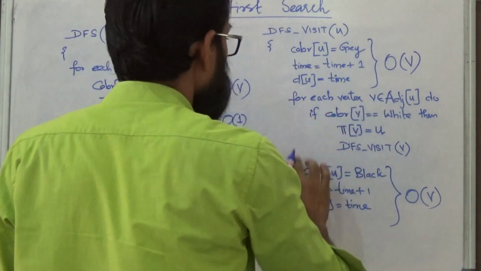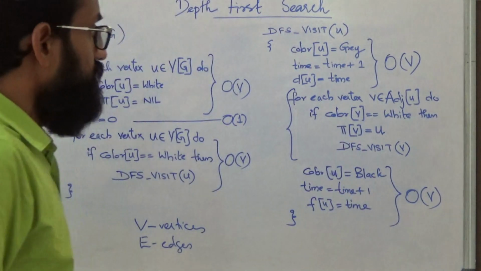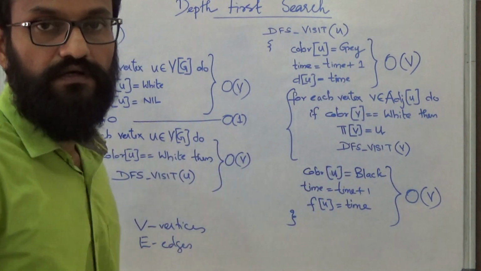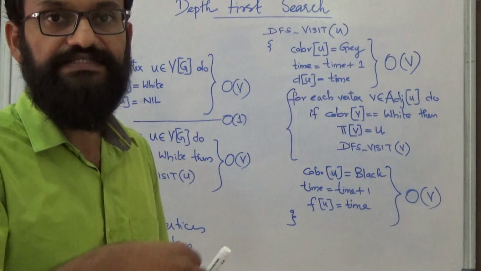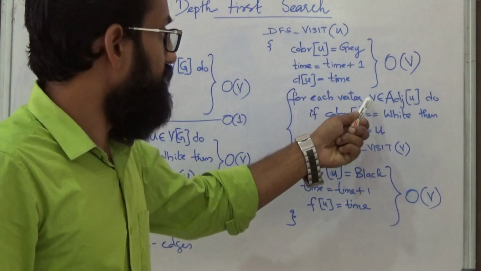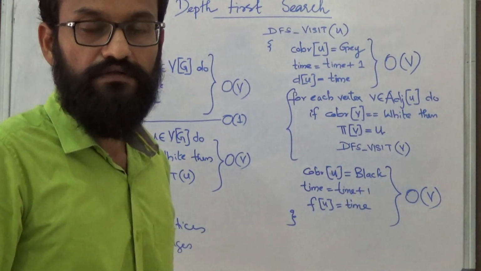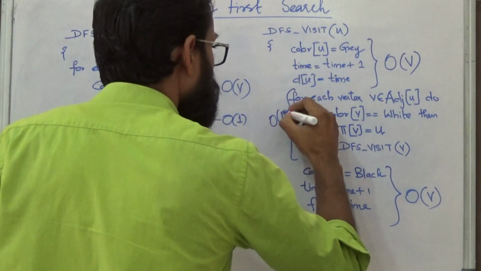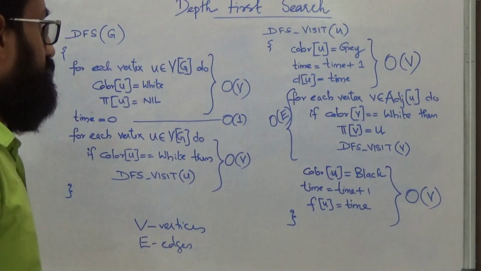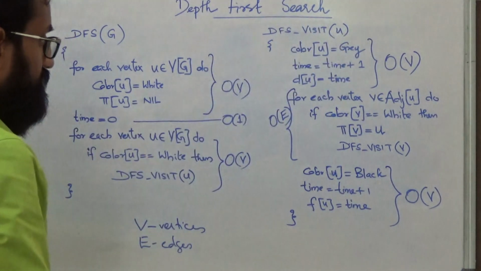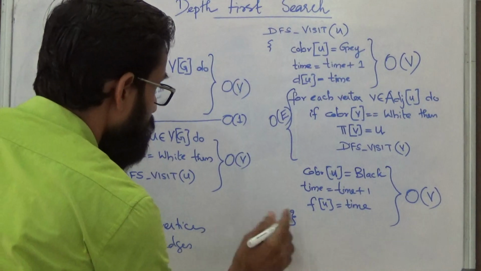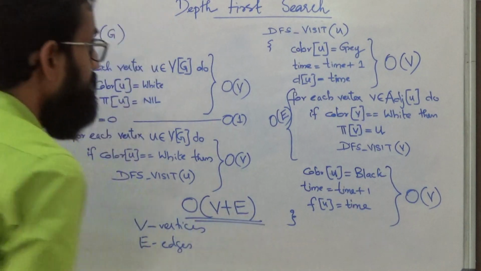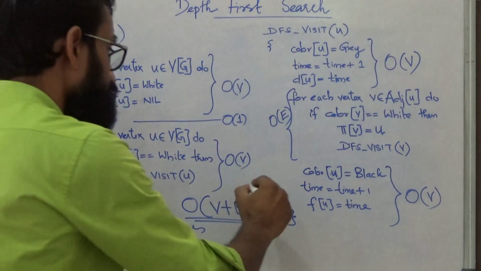Now what about total cost for this particular block? Total cost for this block is dependent upon the number of adjacent vertices of each and every vertex. So length of this iteration depends upon the total length of the adjacency lists. So total cost for this block will be order of E. Now you can take the summation. If you take the summation, total cost will be order of V plus E, which will be the runtime of depth first search. That's it.